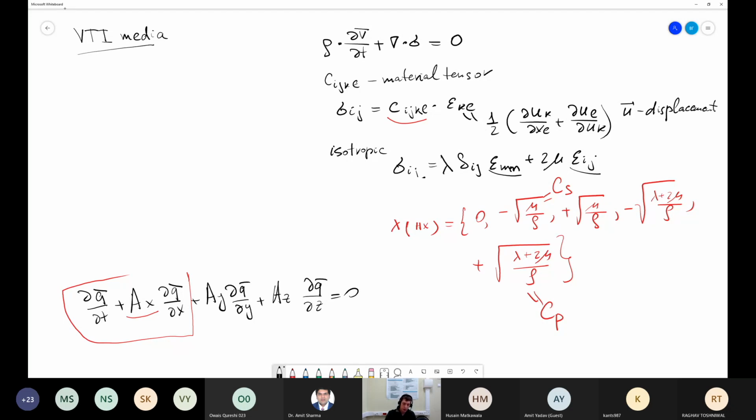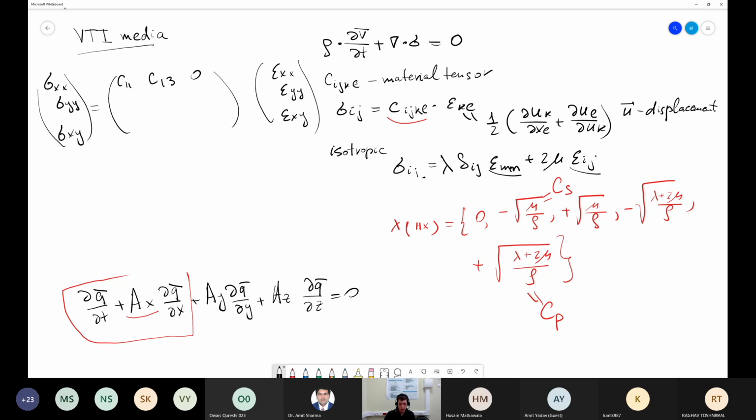We have here, in the 2D case, sigma xx, sigma yy, and sigma xy equal to some matrix multiplied by epsilon xx, epsilon yy, and epsilon xy. C11 is the coefficient of the material that the medium consists of. So C11 is the internal property of this medium. C11,